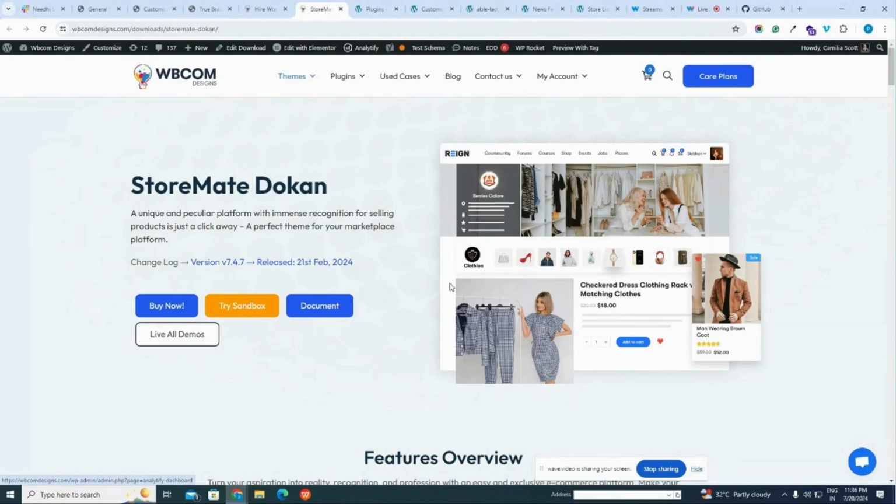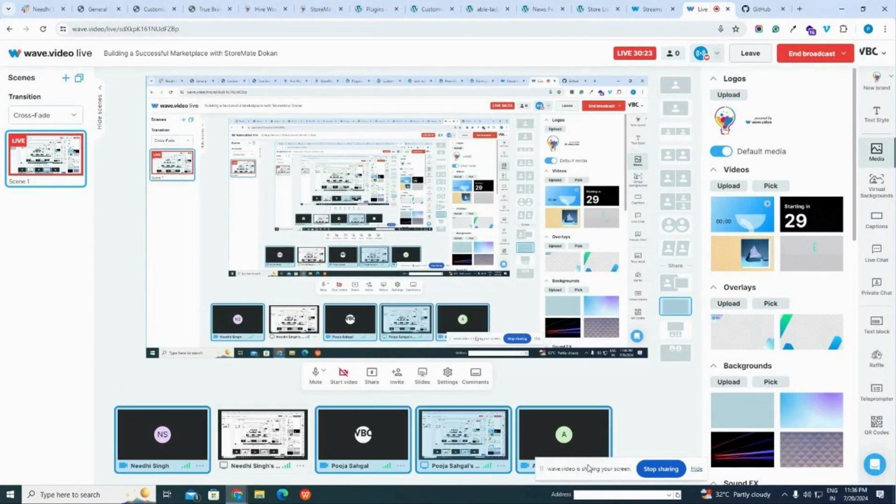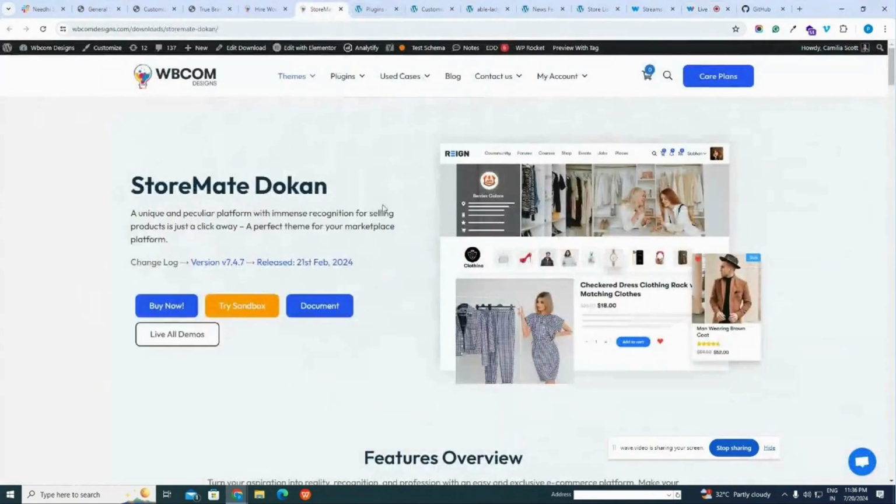So what StoreMate Dukan is, it will allow you to have a professional website in just a few clicks, and ultimately you can have some vendors to sell a product. StoreMate Dukan is basically an integration between a community and a marketplace plugin.